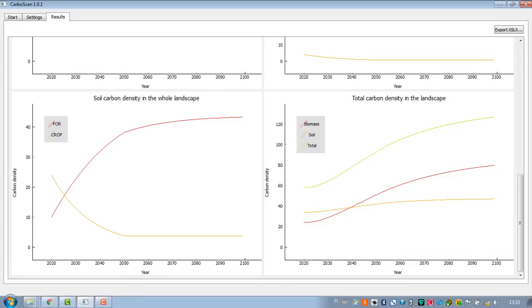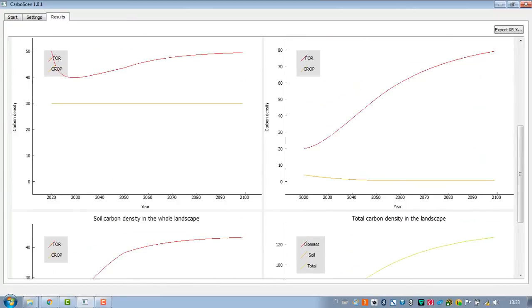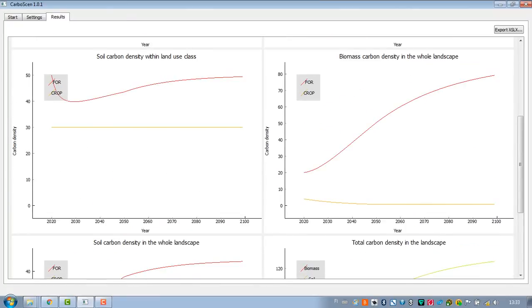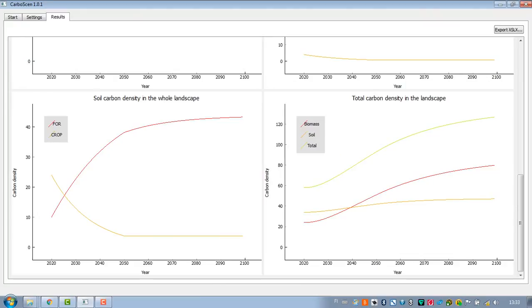The total is here. And then the biomass curve here comes from biomass carbon density in forests and croplands. That's the sum of these two. Like you can see at the end here, the orange one is close to 0 and the red line is close to 80. So the total here is close to 80. Not quite, but maybe 75 or so. Right. And with soil carbon, the increase is much smaller with this reforestation or afforestation, because croplands already, they had quite a lot of carbon in their soils